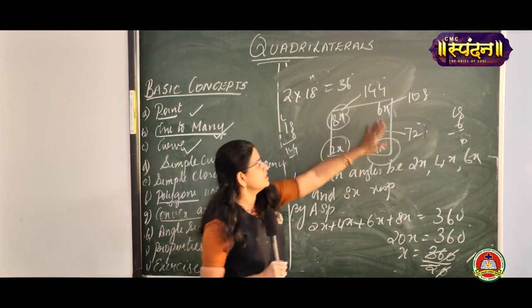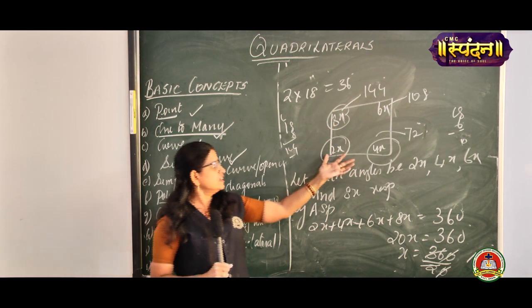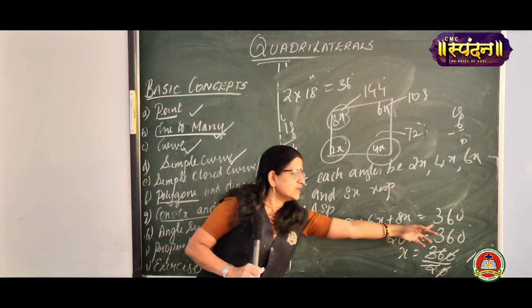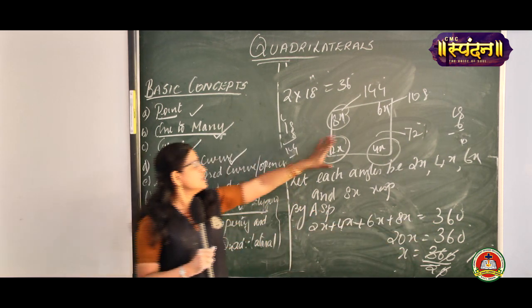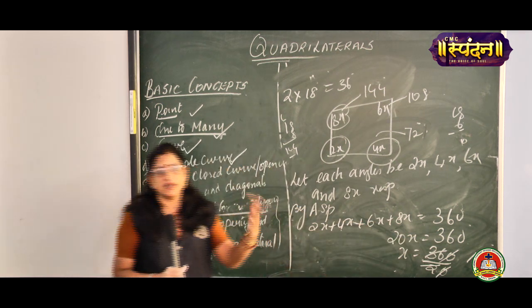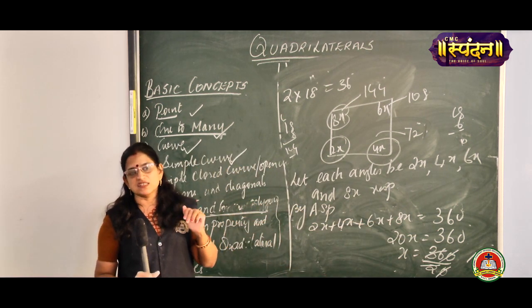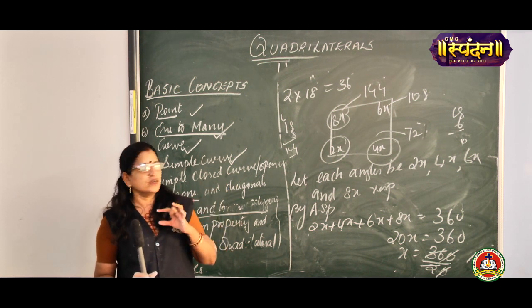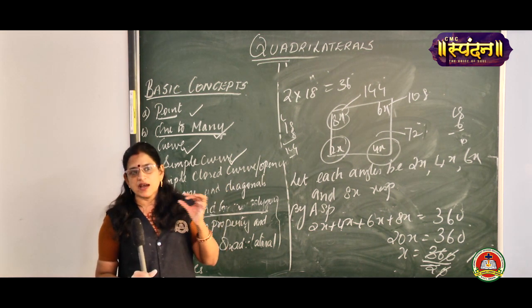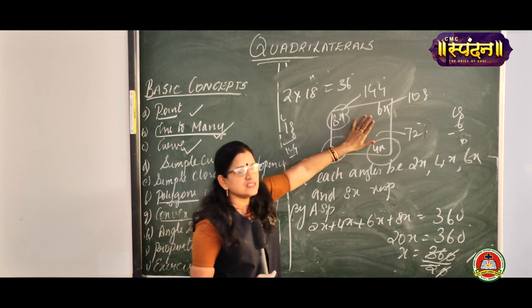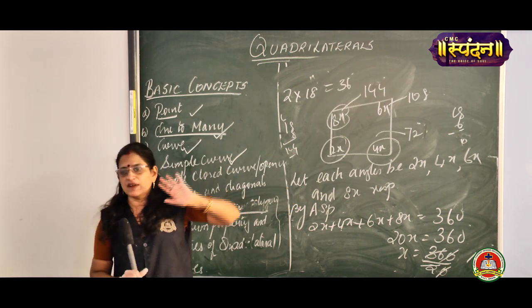Since the ratio is given, first you have to take the ratio in the form of x. After that you have to add all x's and equate it to 360 degree, because depending upon the figure, if it is a quadrilateral you will take 360. If it is a pentagon, you should not take 360, you should take 540. Why? Just now I told the formula n minus 2 into 180 degree. That is 5 minus 2, 3 into 180 is 540. So you have to see the figure carefully in the exam, what is given in the question.